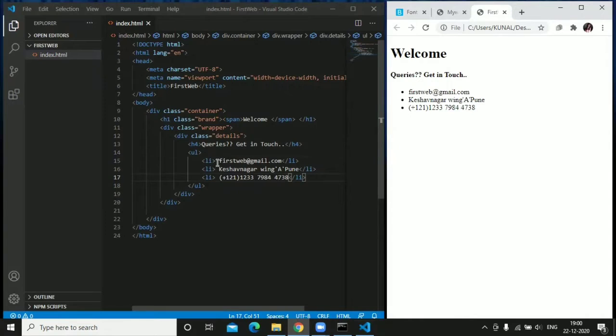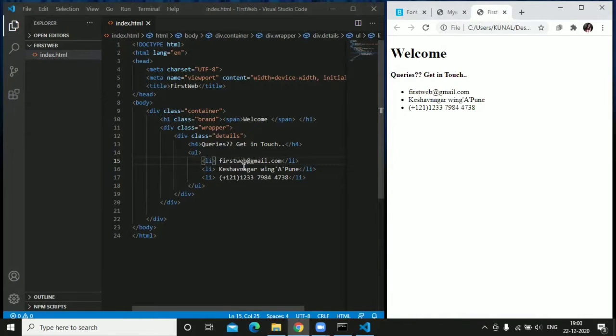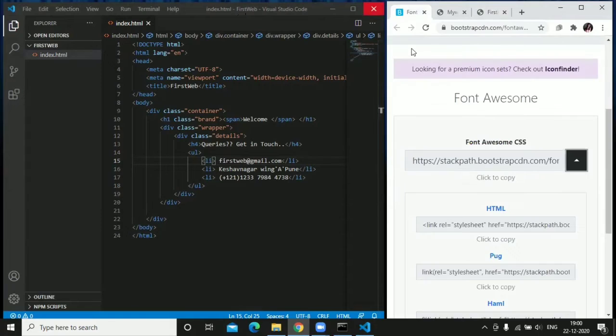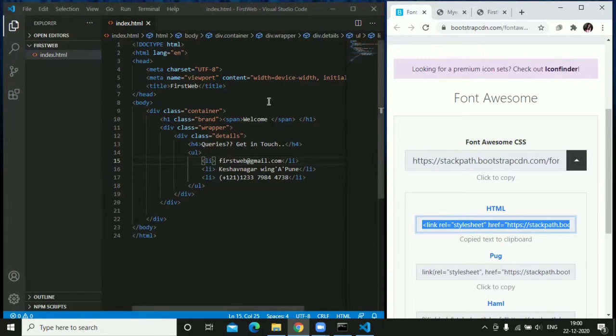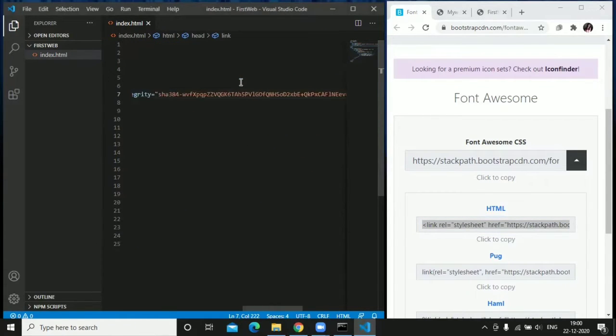The list has been displayed. One thing I want to tell you is that here we can see the icons displayed also. I have opened the tab already, so just get here, copy the link and include it inside the head tag. I will give you the link in the description box as well, so no worries.